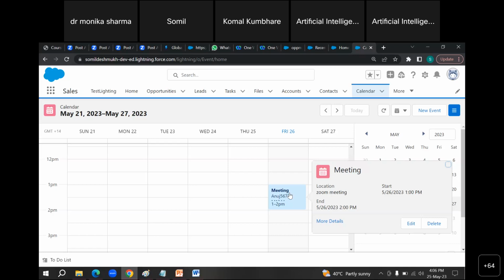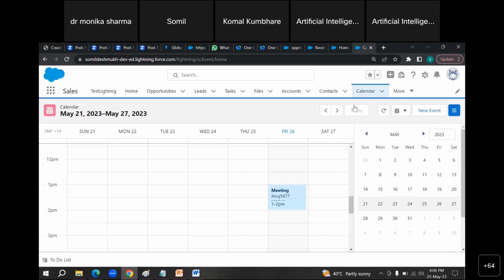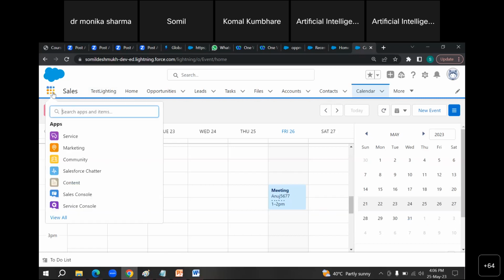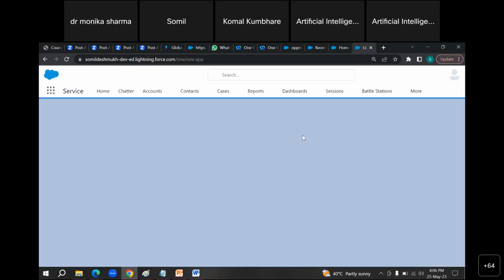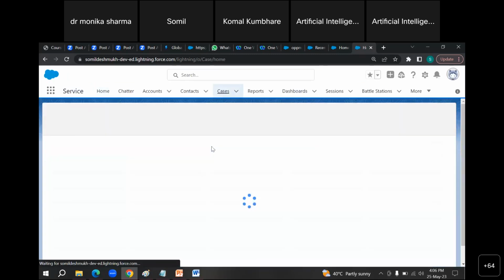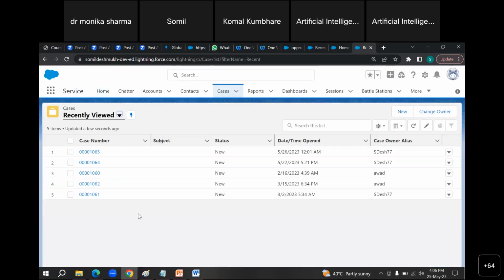But we haven't assigned that case to any employee. Exactly. So if you want to assign that, here I'm going with the service part. Cases can also be created through contacts or from any tab. Yes, I have created the case. Wait 1 minute.